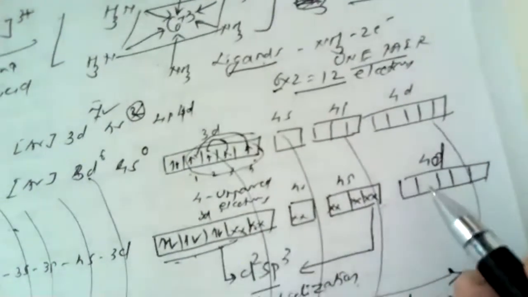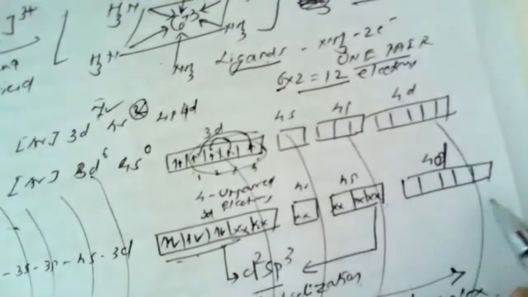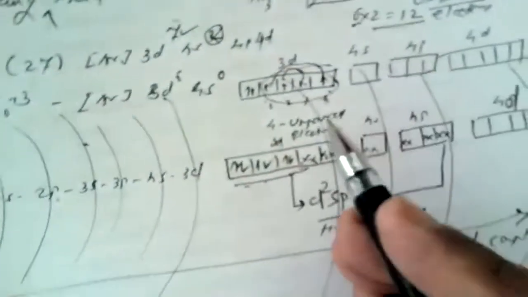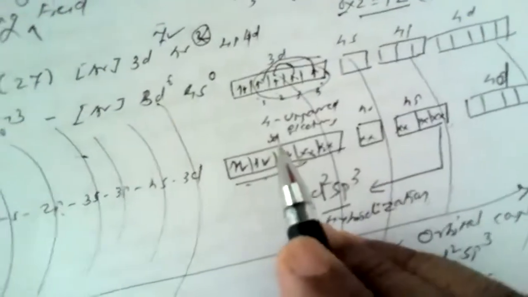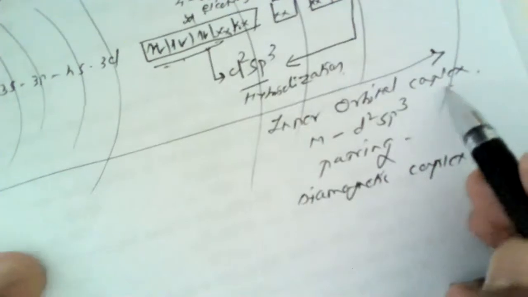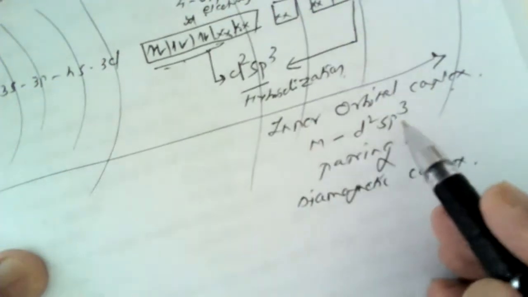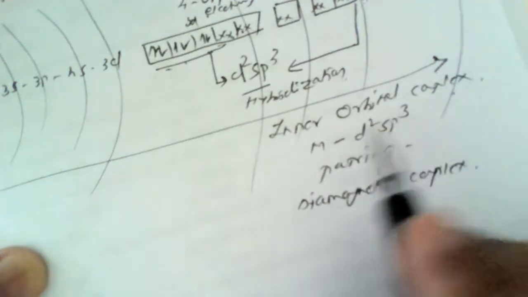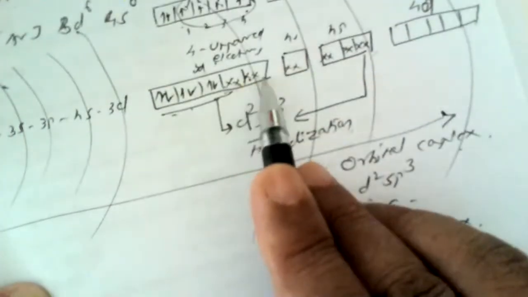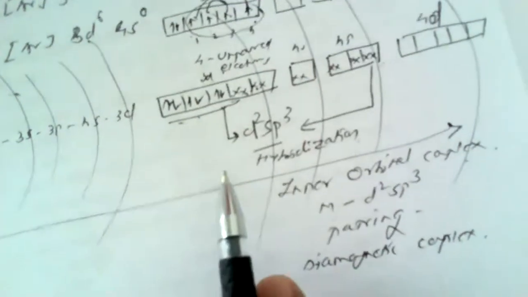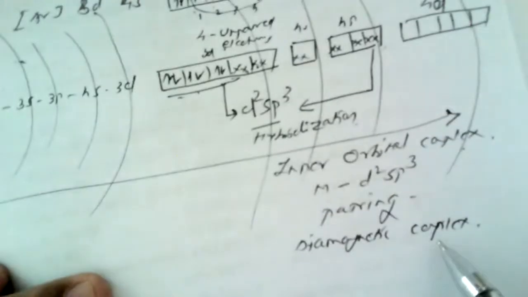So if this cobalt had used either of these orbitals, then those would be outer orbitals. But here the 3d orbitals are inner to 4d, and hence closer to the nucleus, so it is known as an inner orbital octahedral complex. The metal atom has undergone d2sp3 hybridization, and this took place because of pairing of electrons, which makes available inner 3d orbitals for hybridization. Such a complex does not contain any unpaired electrons, hence it is a diamagnetic complex. So this is an inner orbital complex.